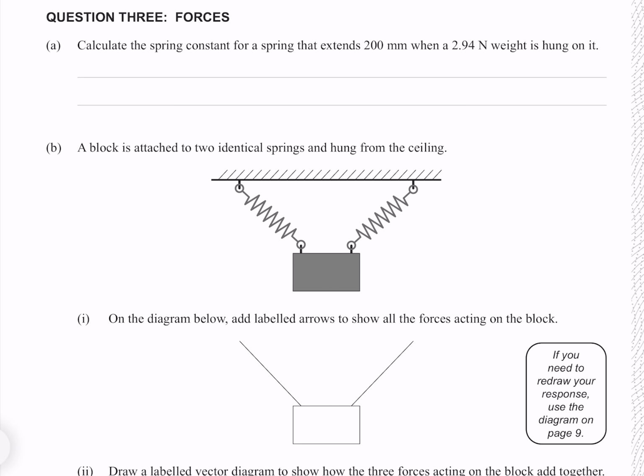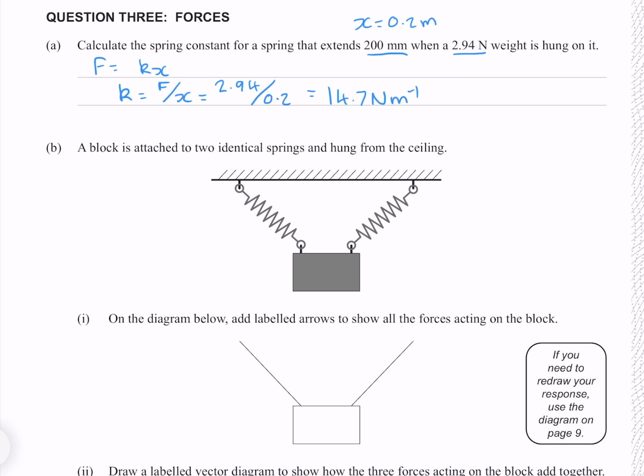Question 3. Calculate the spring constant for a spring that extends 200 mm when a 2.94 Newton weight is hung on it. Our extension, which is our 200 mm, converted to meters, is 0.2 meters. The equation for the extension of a spring is force equals negative kx, where, because we're only interested in the magnitude, we can forget the negative. Solving this for our spring constant by dividing both sides by x, putting our numbers in, gives me 14.7 newtons